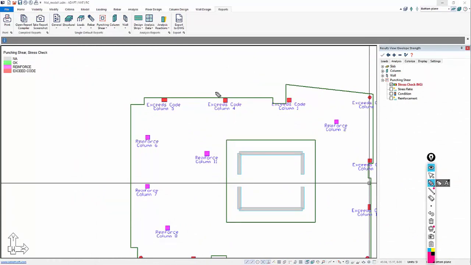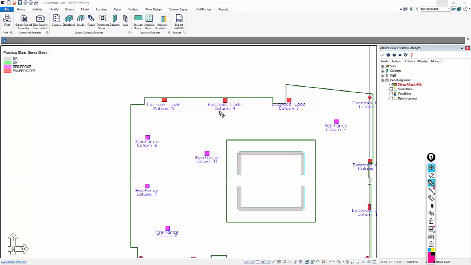So for this column, I might say, well, I'm going to create a thickening at 250 millimeters from the face of the column, and we know if we create that thickening, we're going to have more critical resistance to the punching shear, and we might pass and not exceed code because the allowable maximum per code is no longer violated due to that increase in the critical resistance area. Okay, so that's how you can use that set of Excel results to evaluate this for punching.